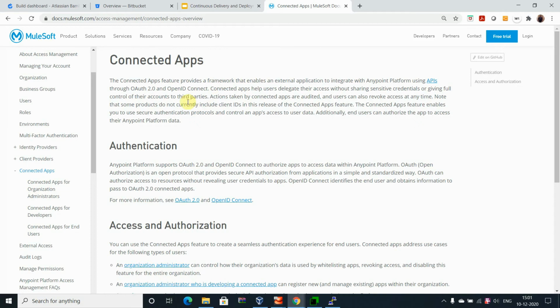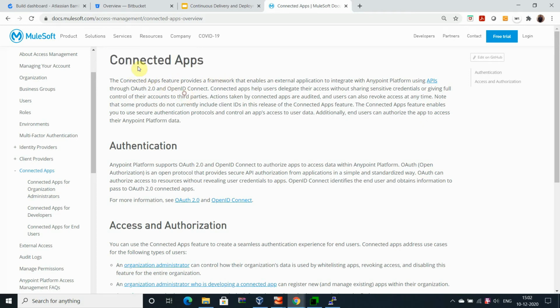Most of the time it's required to provide access for an external entity to perform operational or admin jobs on the platform, apart from the CI/CD process. Like extracting information from Exchange, deploy, restart, delete, or update. That kind of operation can be performed on the runtime environment, or the Exchange or the API Manager.